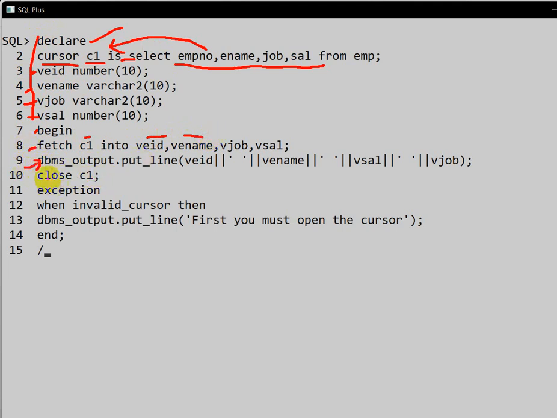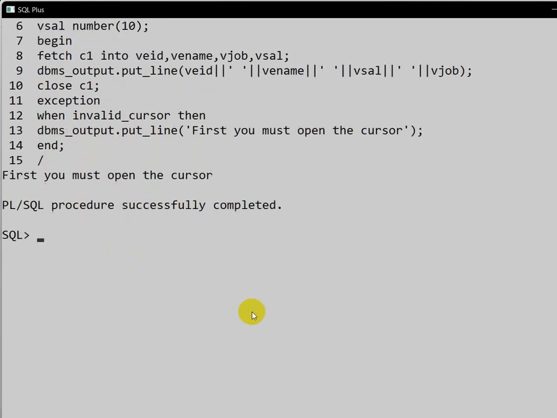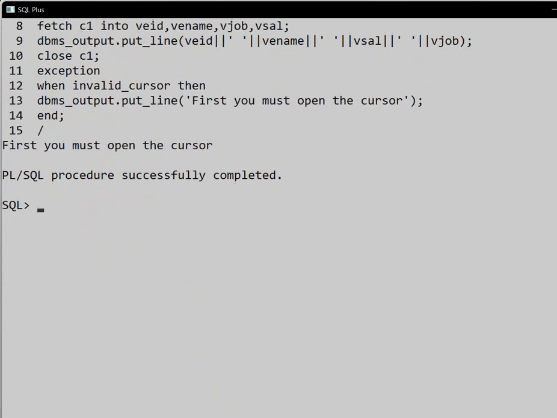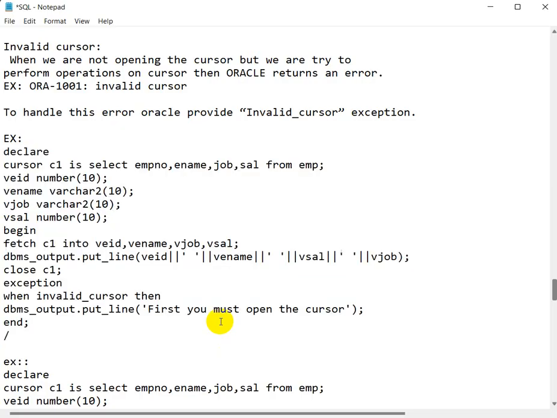But we are not opening the cursor. We didn't try to open the cursor, so that's why we will get an error, invalid cursor. Here we are handling it. Let me see without handling how it happens.